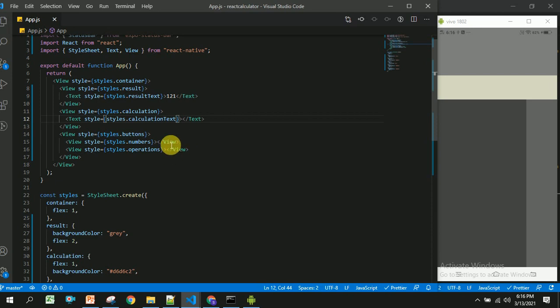Let us save this. Here I am going to place some temporary calculation, so you will be able to see 121 and 11 into 11 here.